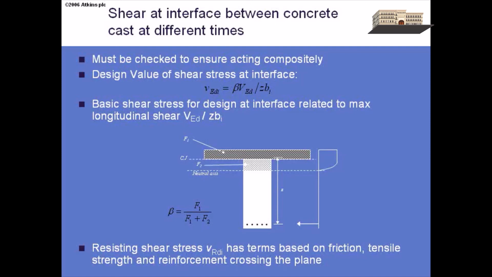But it's basically summed up in the expression here. We actually just take the average. It works out that we actually just take the average shear stress and multiply it by this ratio beta, where beta is the ratio of the force in the flange we're trying to attach, divided by the total force in the compression zone. It's actually quite simple to do, but that effectively gives you the plastic shear flow instead of the elastic shear flow. With that, I think I will call it a day on the